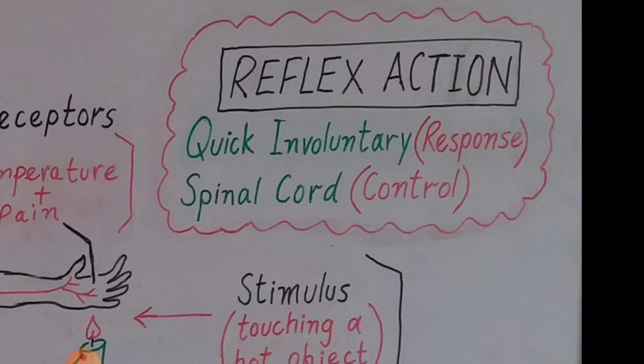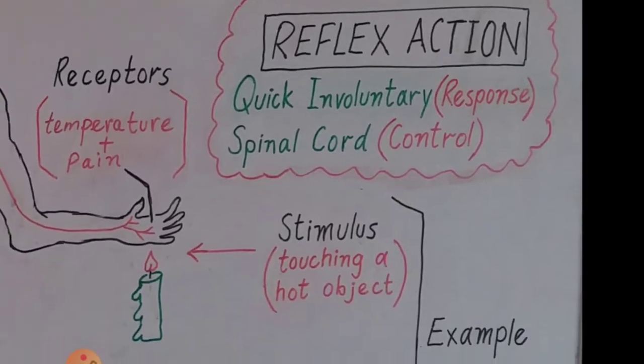So reflex action is a kind of response, but it is very quick and it is only controlled by the spinal cord, and our brain is not involved in controlling this type of response. Because the brain is not involved, this response, that is reflex action, is an unconscious action. This is an involuntary response, and it is a quick involuntary response because it is done very